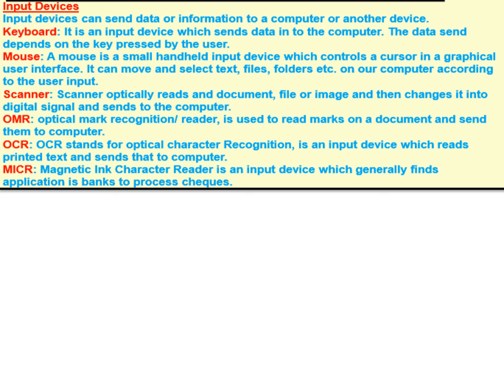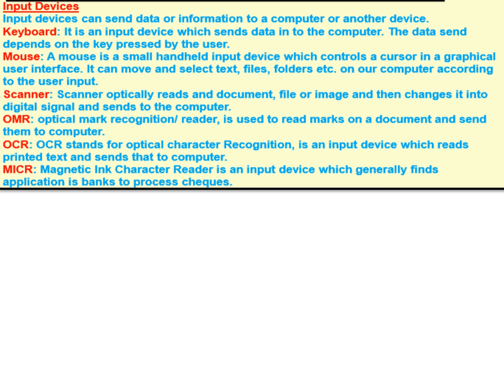Third one is the scanner. What does a scanner do? Scanner reads the documents, or it can be any file or image, and then it converts it into a digital signal and sends it and saves it in the computer system. So the data which is getting saved in the computer system is with the help of a device known as a scanner.